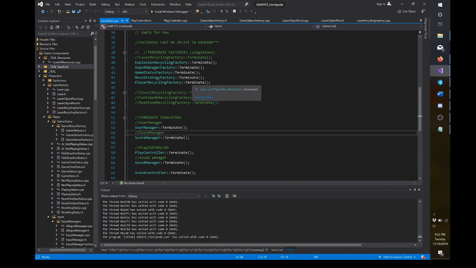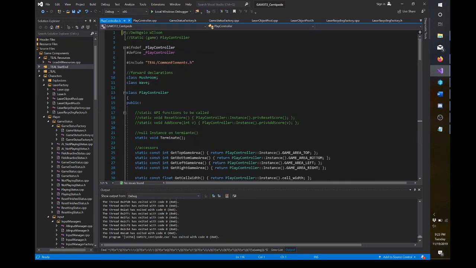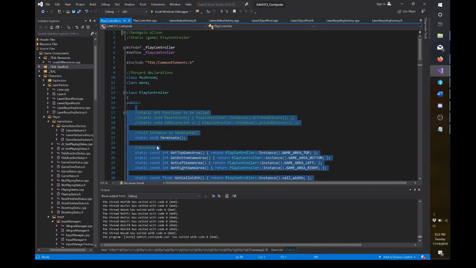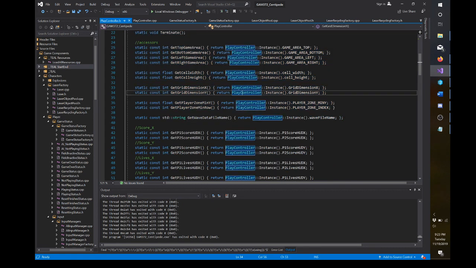Such as in my centipede spawner, it takes care of its own movement collection and movement FSM, which are singletons in my case, which I had mentioned before in another sprint, but I'll show again. So for my play controller, it's gotten quite large because it was the first singleton that I had implemented, and so basically it is using the public interface of its class as an API-like interface,